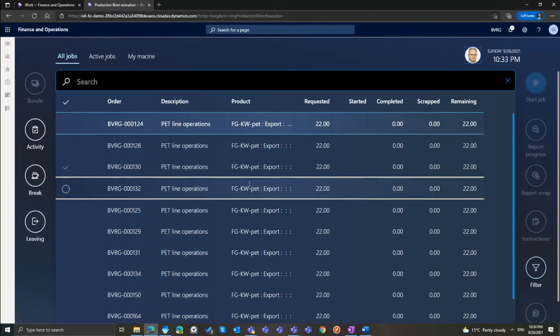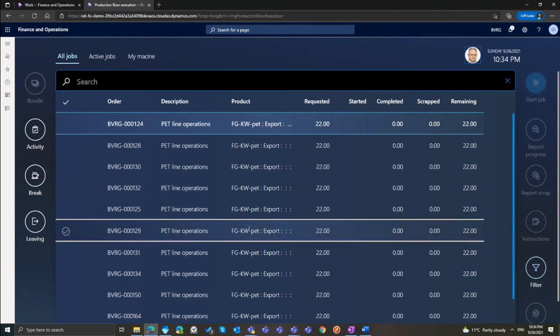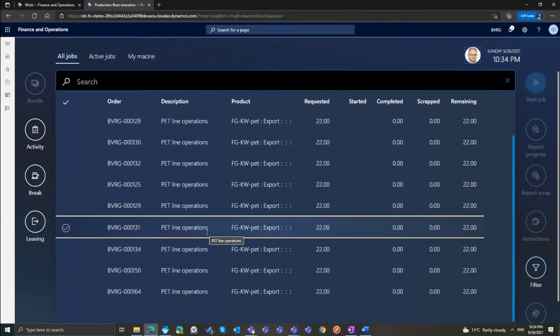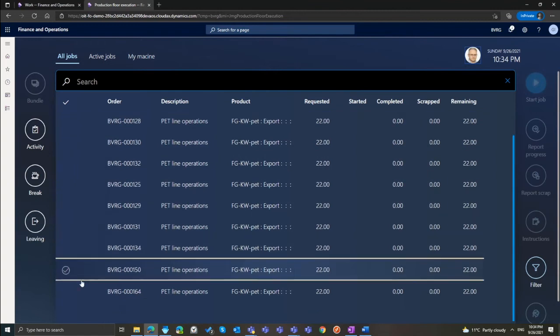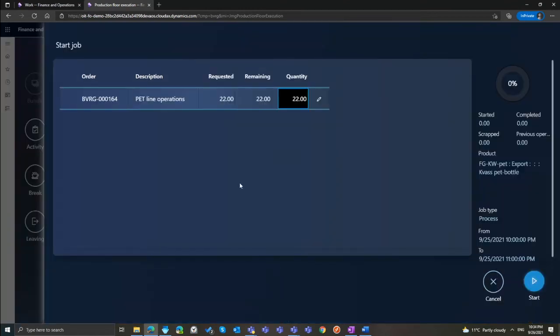As soon as the worker logs in, the system registers time clock to track time spent by a worker on a shift. This production execution screen interface is configured to show all production jobs assigned to a bottling production line resource group. I will select the last order to start. By default, the started quantity equals the production order quantity. When production materials